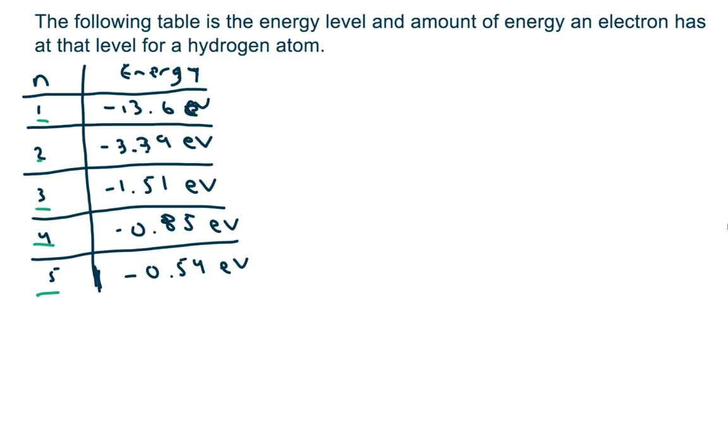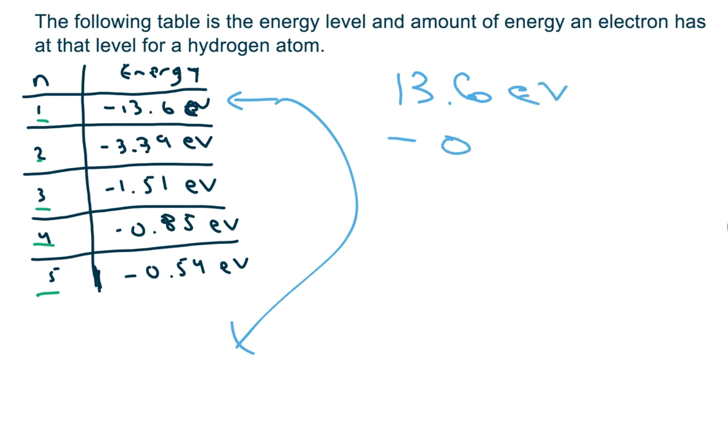Alright, now for the next question, it says calculate the maximum energy in electron volts that can be released and the frequency of the photon emitted. Well, the maximum energy that could be released would be if it started in the 1st energy level and it got completely removed, which has 0 eV. So the maximum energy would be just 13.6 electron volts minus 0, because that's the energy when it's completely gone, which is 13.6 eV. Sorry, my bad. 13.6